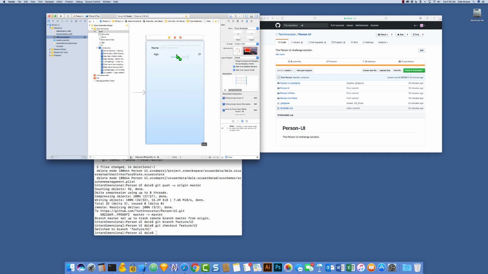I'm going to drag the slider in. I'm intending to vertically align it with age and the label containing 21. I'm going to drop it right there. And the distance between the slider and age, as well as the vertical alignment relative to age, can be done